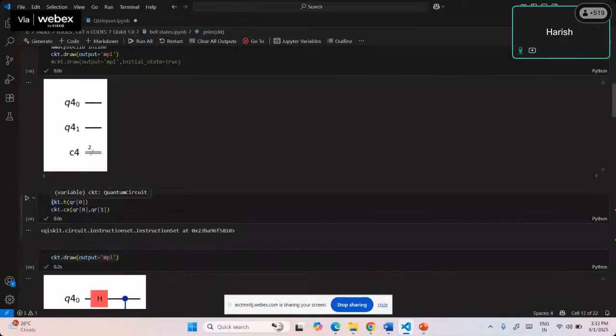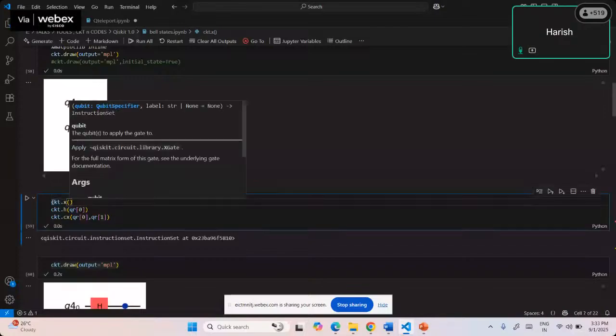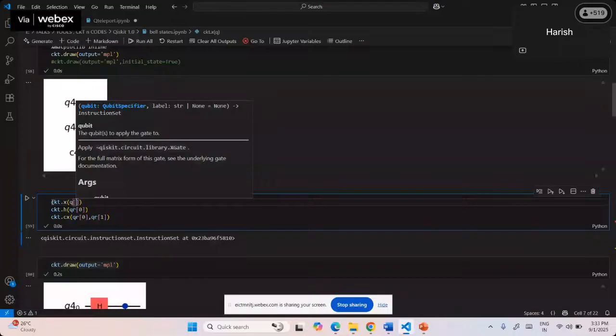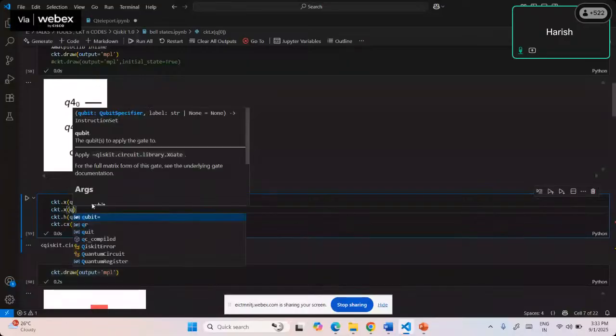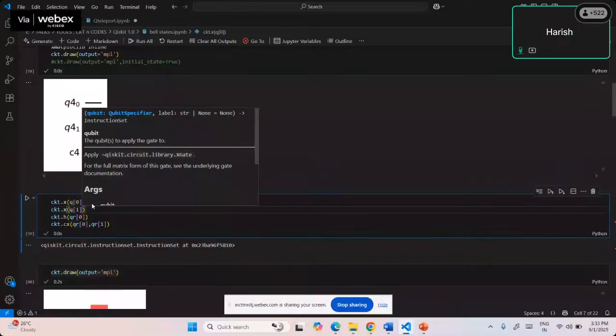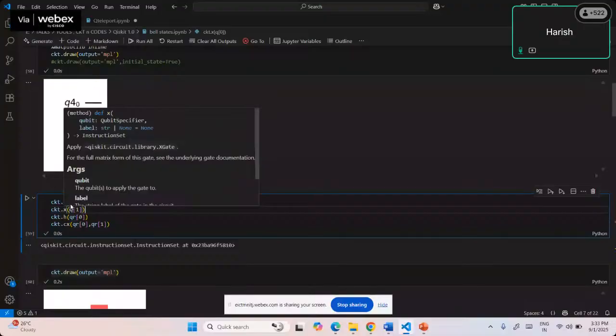So just put those instructions: circuit.x on Q0, again the same thing you put on Q1, circuit.x on Q1. Yeah, so what we are doing is we are applying NOT gate on the first and second qubit. So what it does is it will make the first and second qubit as 1 1. So if you remember from that slide,